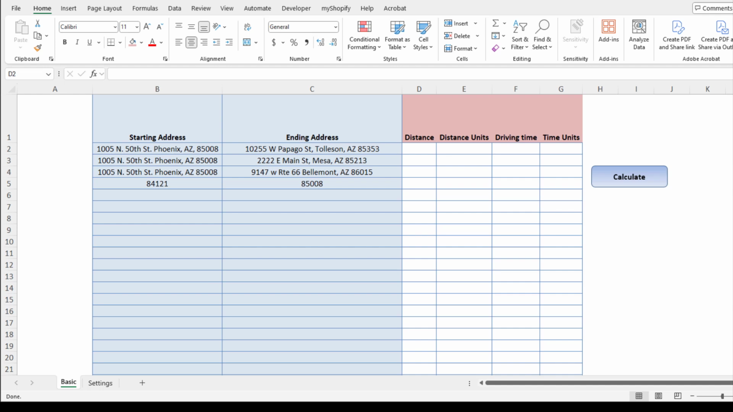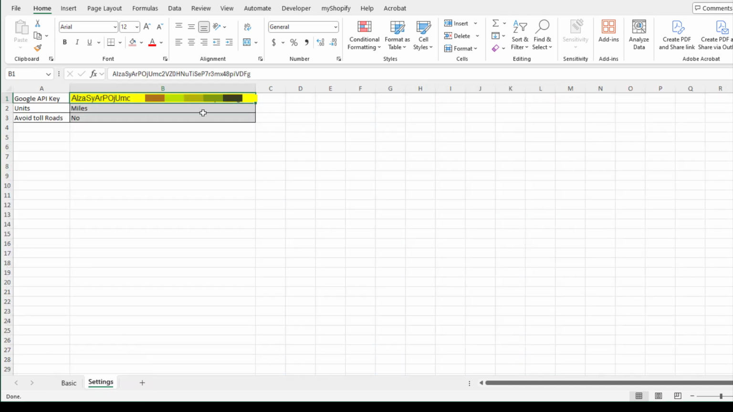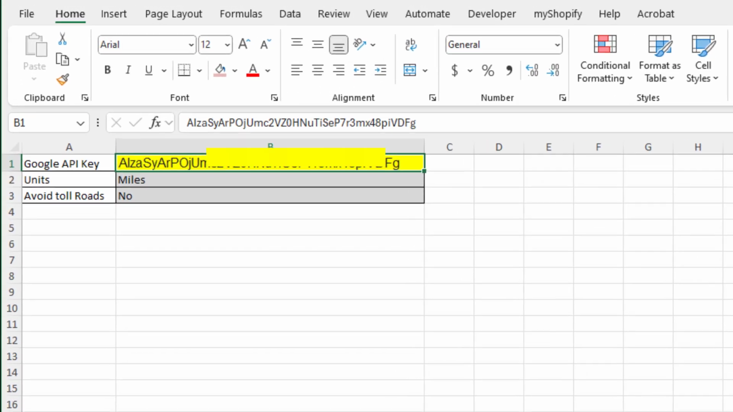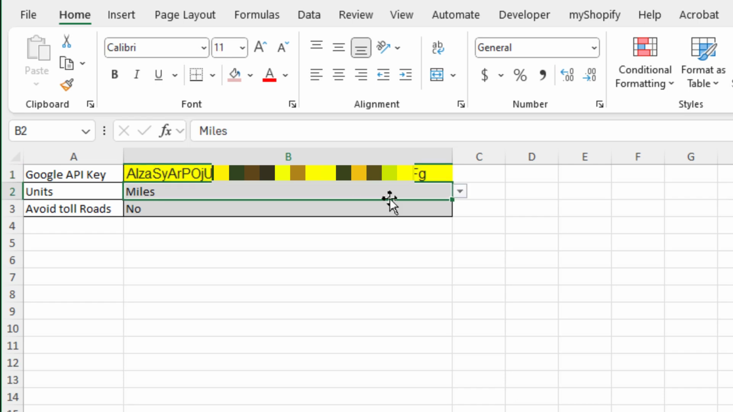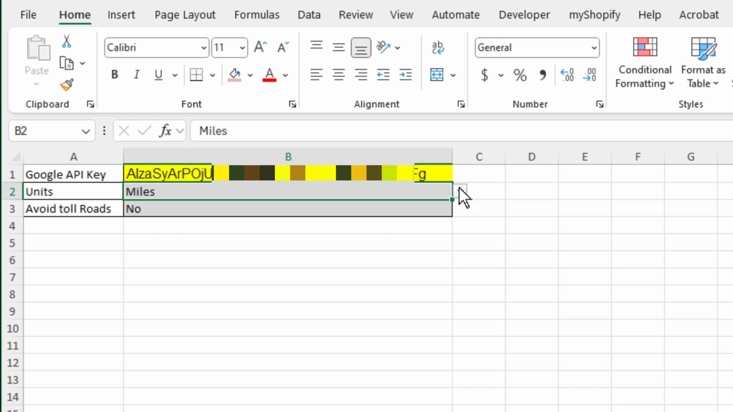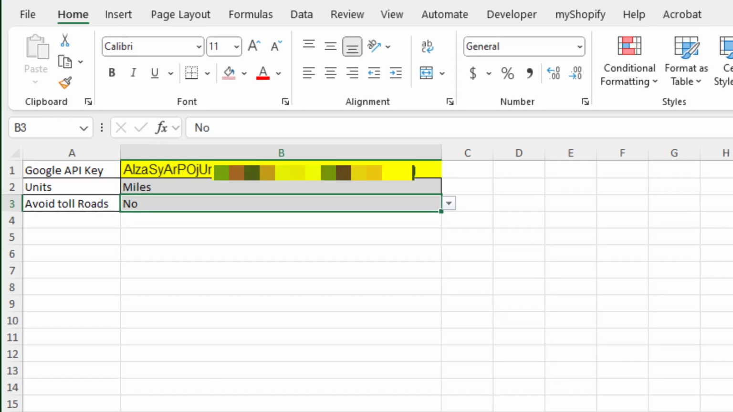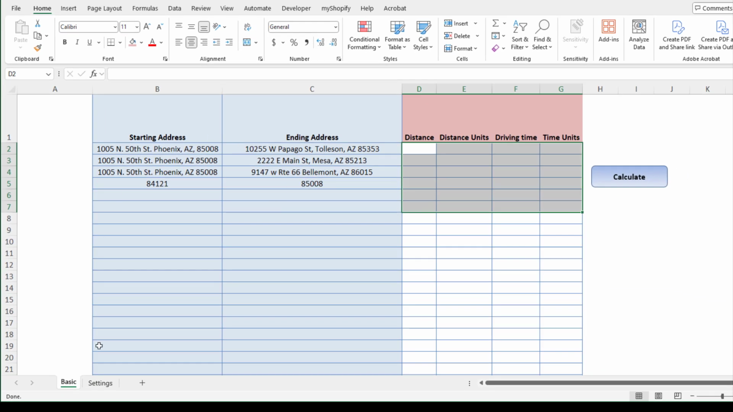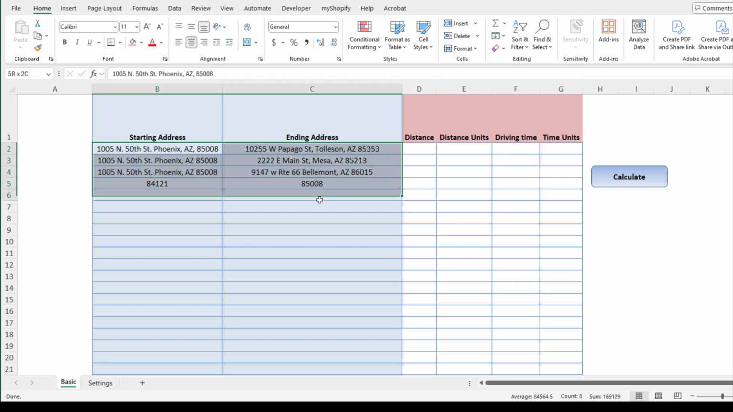We have a settings tab where we enter our Bing Maps API key, and a place where we can choose units between kilometers and miles if you're in Europe or Canada, and we can choose whether or not to avoid toll roads. And on the basic tab, it really is as simple as entering our starting address and